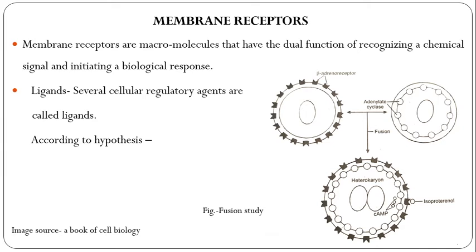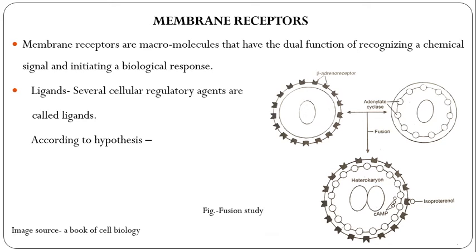So first is a cell containing the beta adrenergic receptor. It is fused with another carrying only adenylate cyclase, and the heterokaryon contains both components and can now couple under the action of a specific ligand, isoproterenol, resulting in the production of cyclic AMP. But it is a membrane receptor, a macromolecule that has the dual function of recognizing a chemical signal and